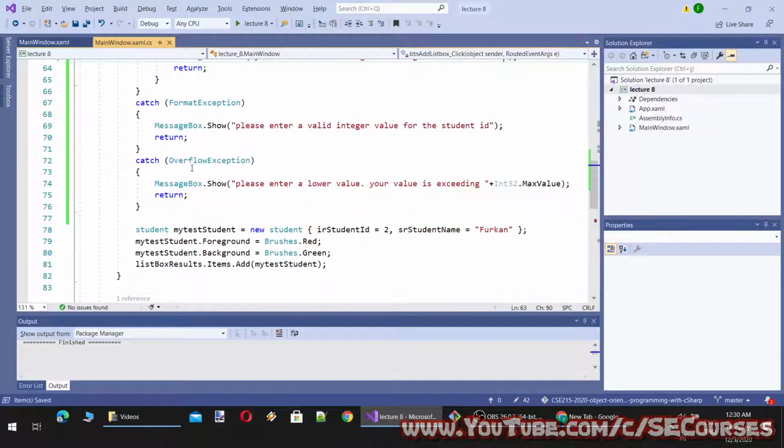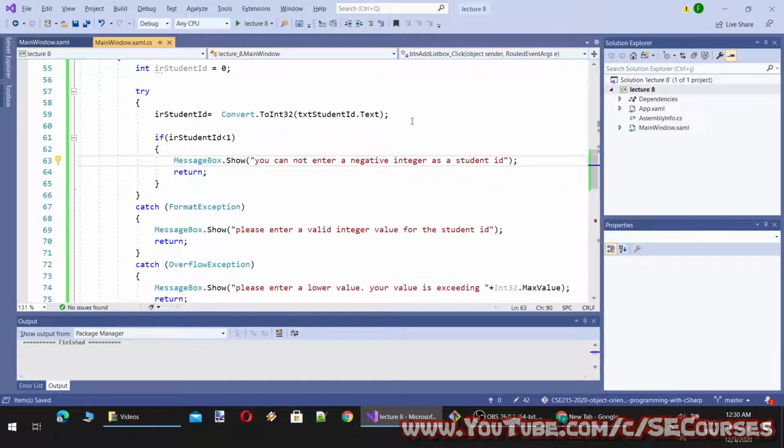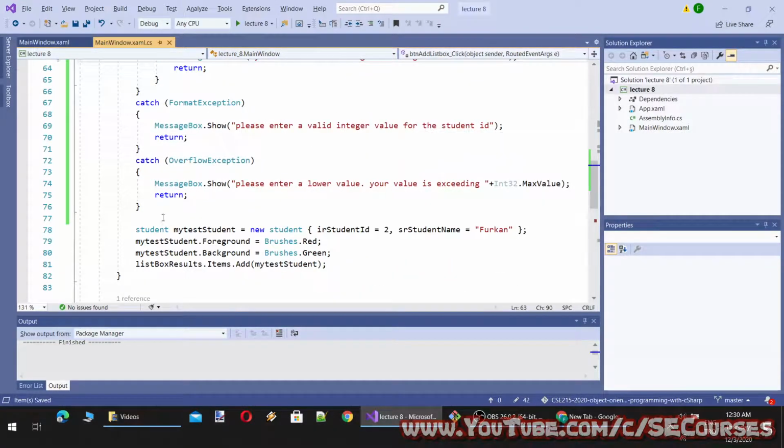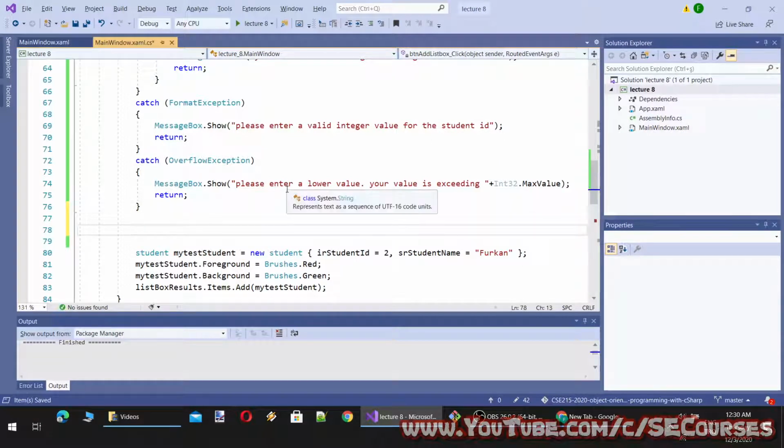Okay, so we have covered all the cases, and let's add a check for student name as well.